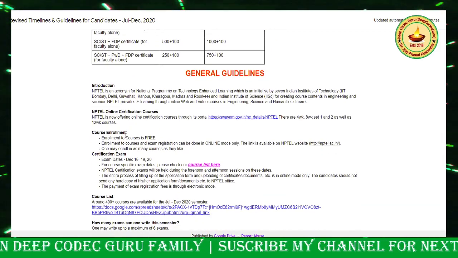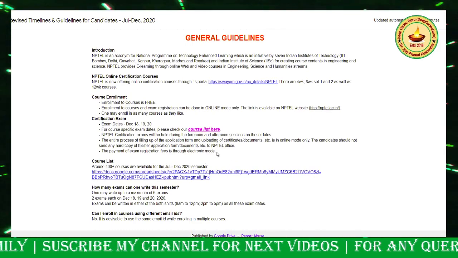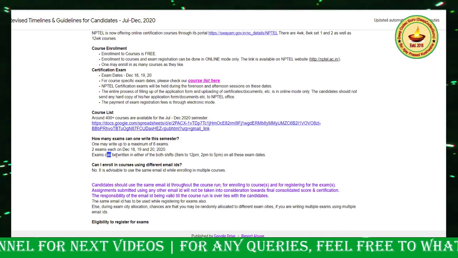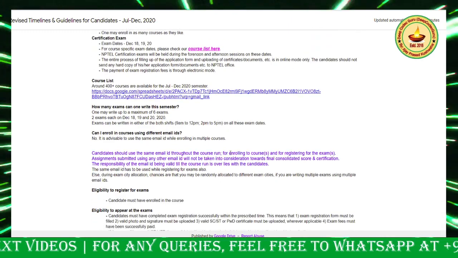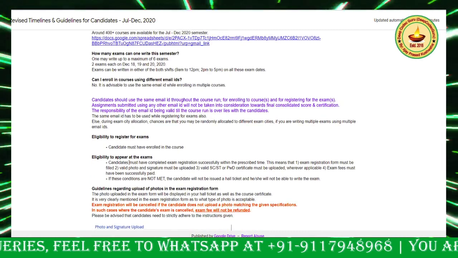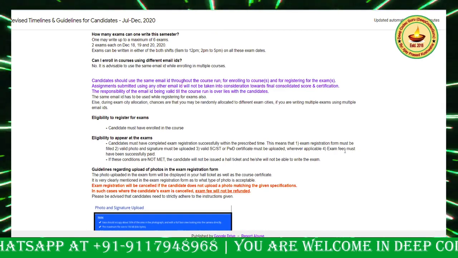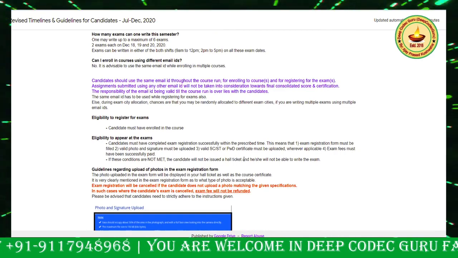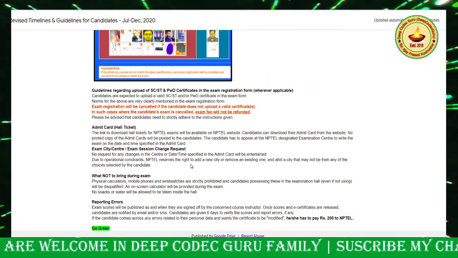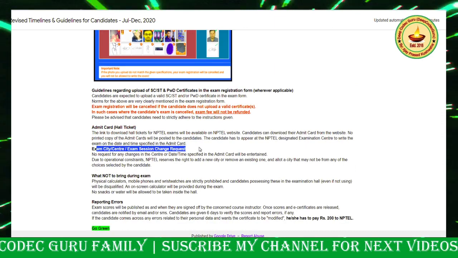And regarding the exam center, let me show you where the instruction about the exam center is. You can see exam written on each. Okay, no problem. Can I enroll different new eligibility candidates apart for the exam? Registration, whenever the exam fee must be inserted, candidate's hall ticket. Okay, let me go down. Okay, here: exam center, exam session change request.